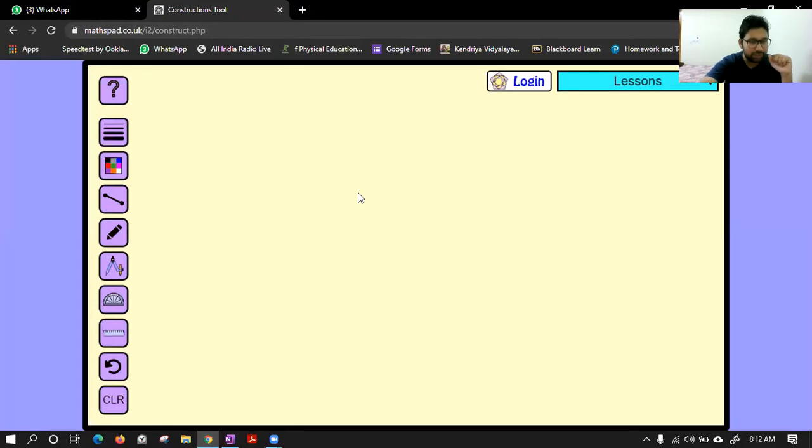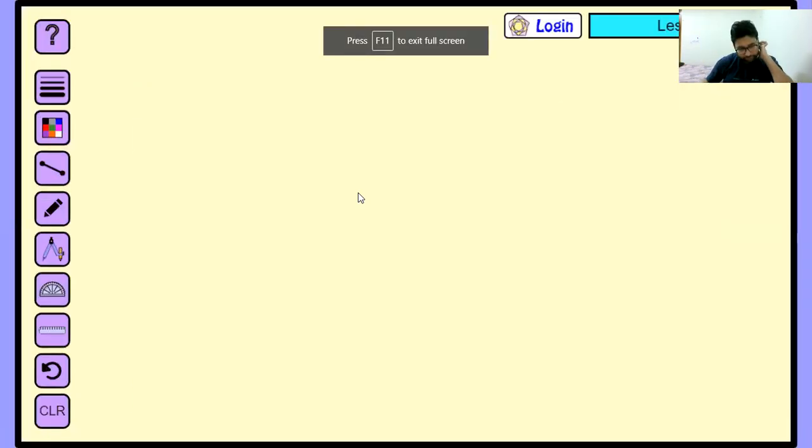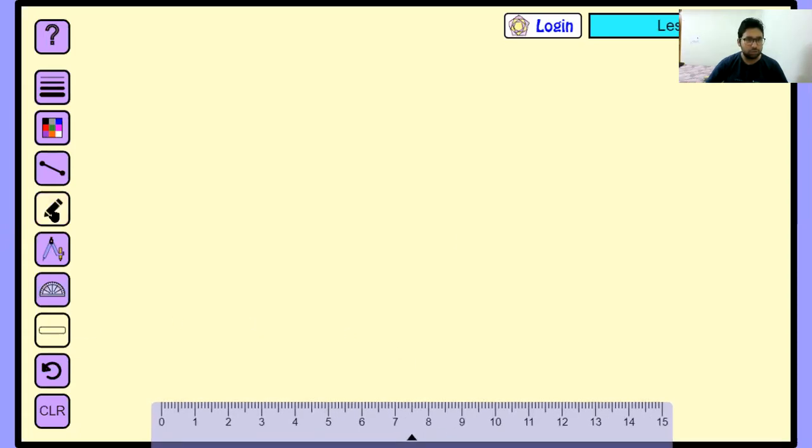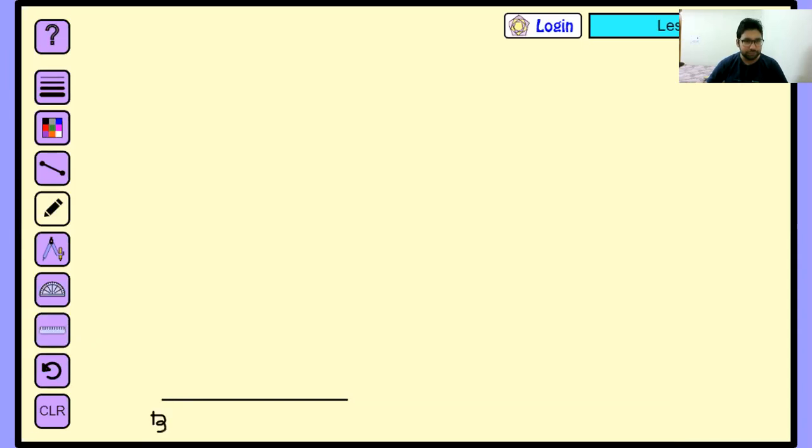Now, let's start. Here the construction is upward, so I can draw the base below, no issue. So the base is how much? 5.6. From 0 we will start till 5.6. Now we have got this. Let me call it BC. The construction steps: first, draw BC equal to 5.6 centimeter. Second step is draw angle CBX equal to 30 degree. And we all know how to draw that.